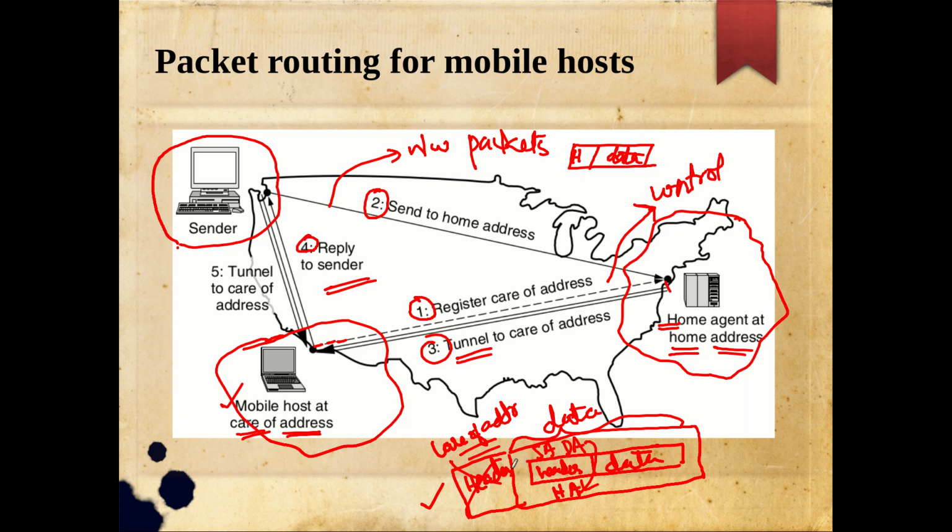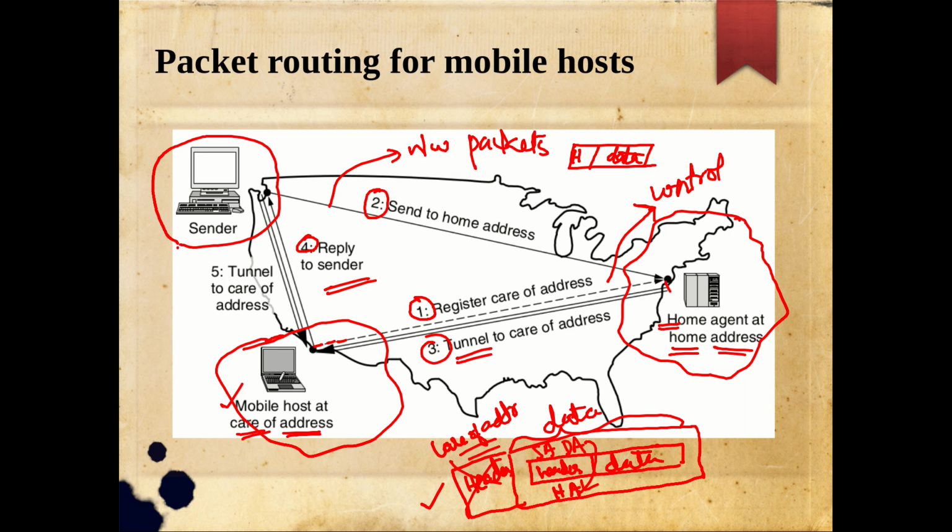tunneled further, because this care of address keeps on changing. So we can't add it as the actual destination address; it has to be given as an extra envelope. So if you don't want, you can remove it. That is the idea. That is why again the double line, so that further communication the sender will do directly with the mobile host, and its reply it will do as a normal communication. So like that it will proceed.